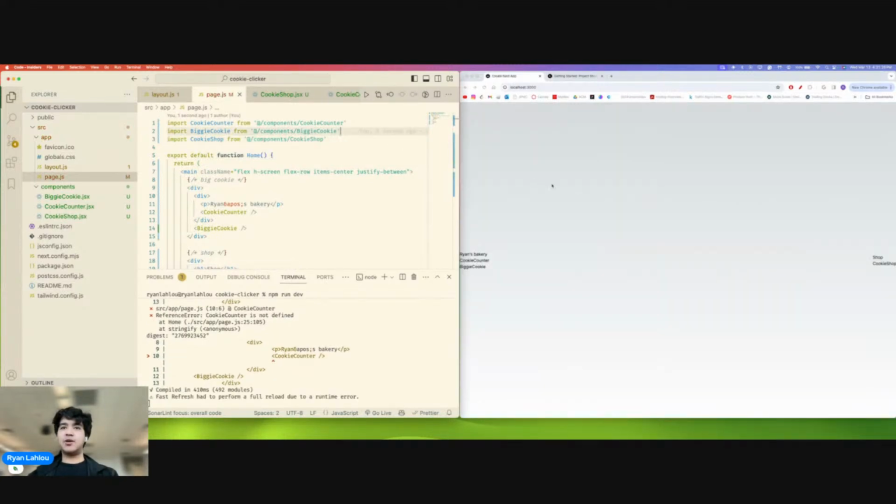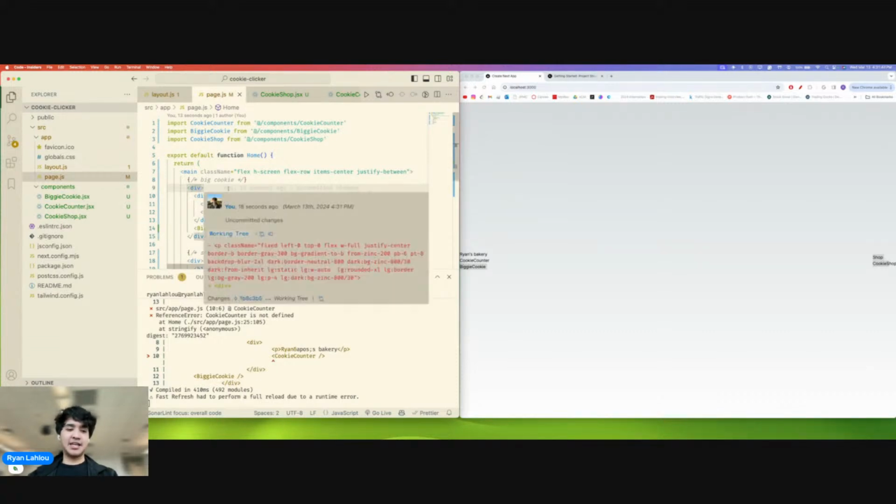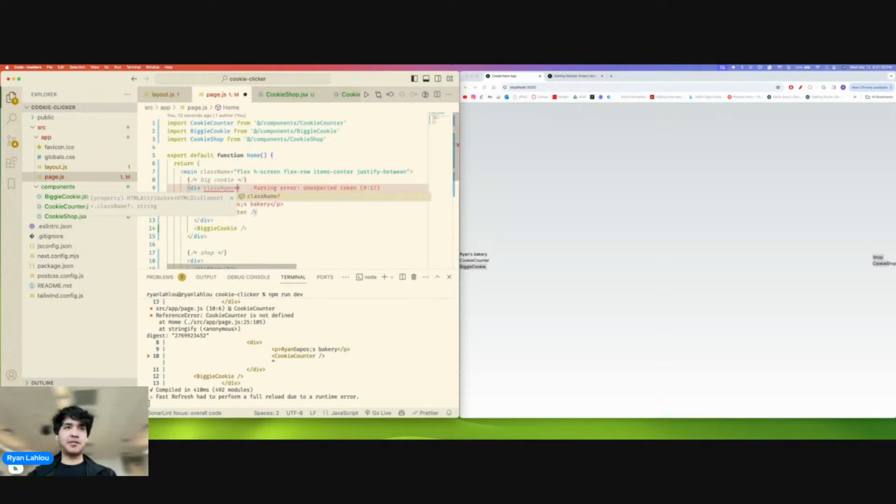So after doing that, we should have no more yelling from the page, and we now have text displayed. So these are all of our components being displayed as text. Now, let's work on some styling because this is kind of ugly. So what I'm going to do at the very beginning here is just add some styling. It's going to be kind of difficult to explain all of the styling concepts, but if you want to look these up, I would highly recommend looking at the Tailwind CSS documentation, which will show you what all of